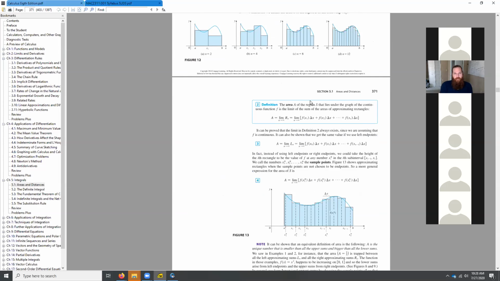The hard part is in the addition. So here it is, right? The total area is the limit of Rn, which is the limit of this Riemann sum. And here they've written the Riemann sum out in the expanded notation instead of the sigma notation.